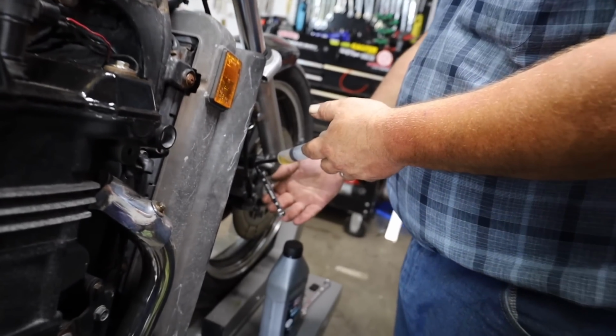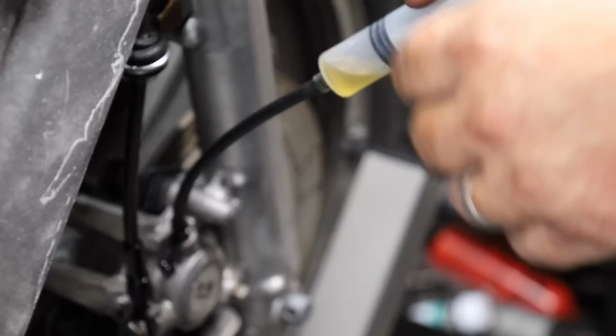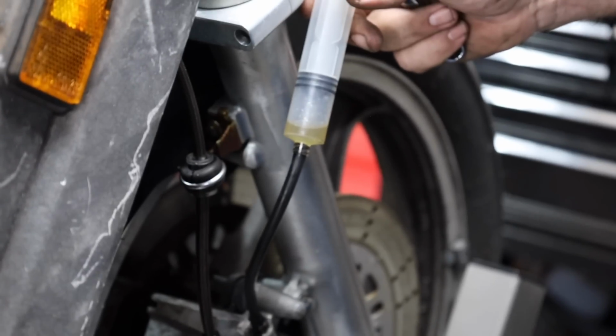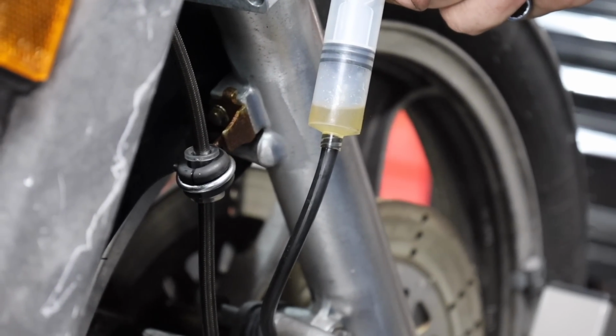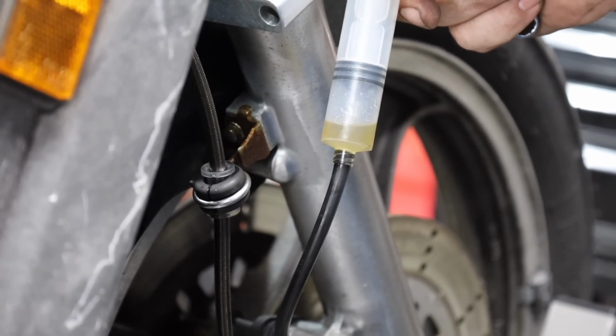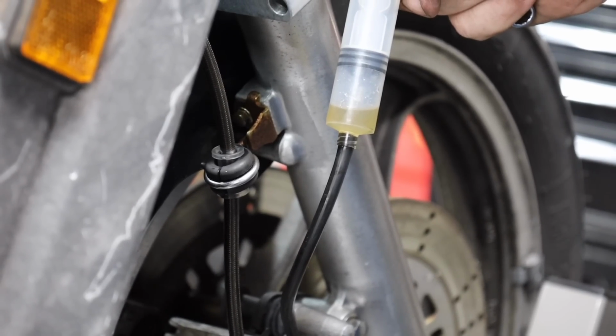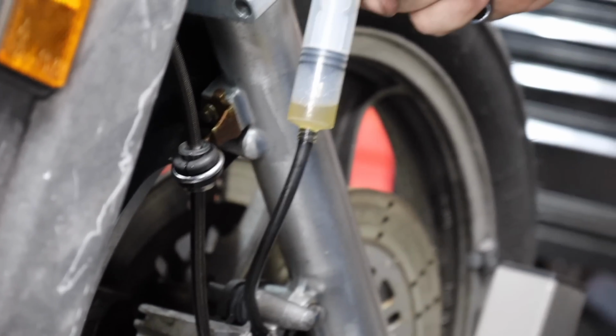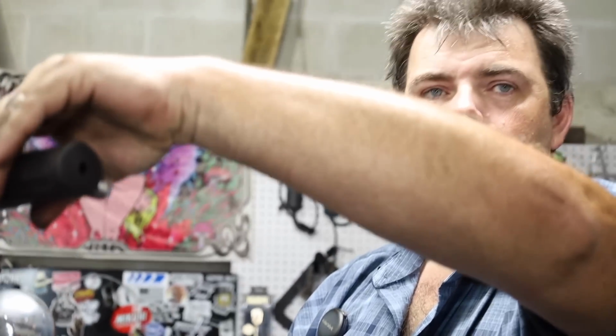Now that we got fluid coming down the caliper, you can crack that bleeder open, and when you squeeze the lever, watch real close in the syringe here. See how we got fluid moving up in there? Oh, there's some air. Oh, so that creates a whole closed system where it has a...